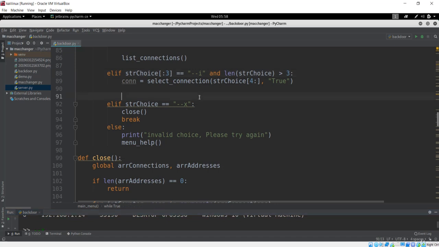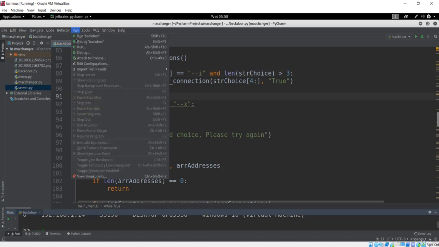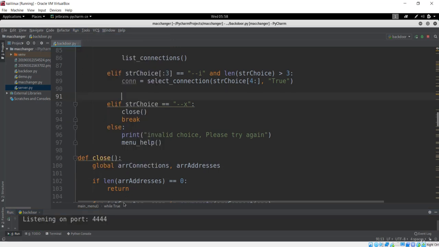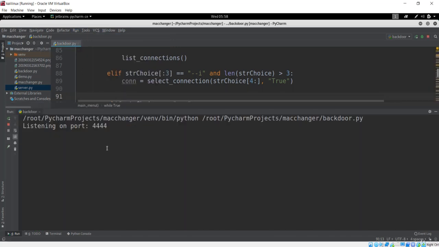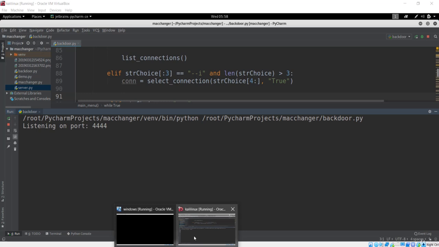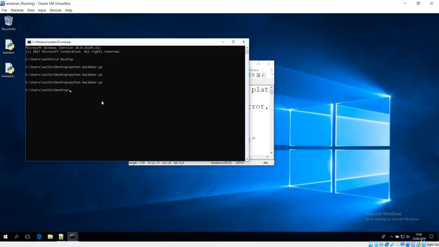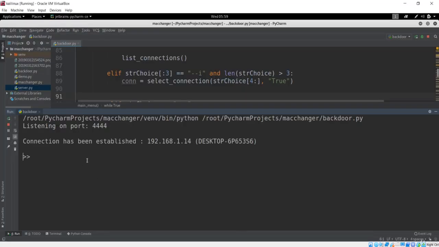So let me run this and show you. It is running on the port. Let's go back to our Windows and run our backdoor from here. Let's go back. We should have got the connection.